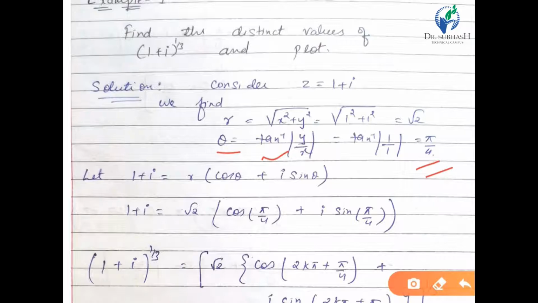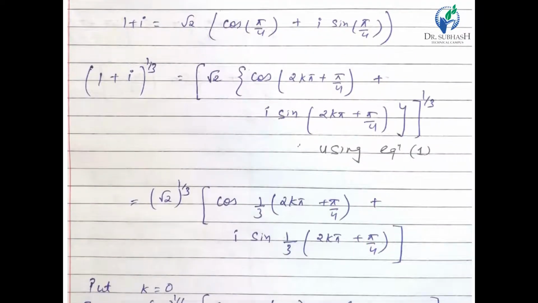So we have named this 1 plus i as z, so it can be written as r cos theta plus i sin theta. Now the value of r is root 2 and theta is pi by 4. We have substituted this in the equation. Now we have to find the 1/3 root, 1 by 3 is given. So we take both sides to the power 1 by 3. Now using equation 1, or we can say De Moivre's formula,